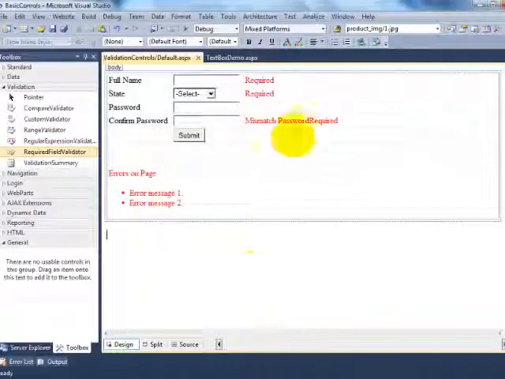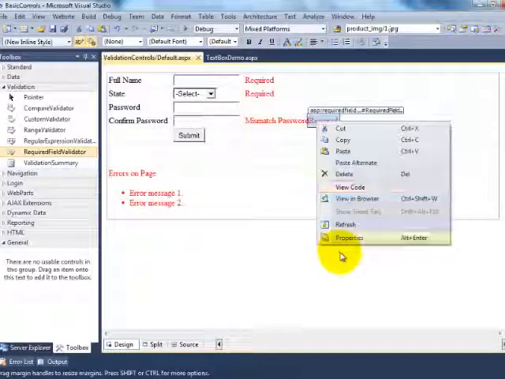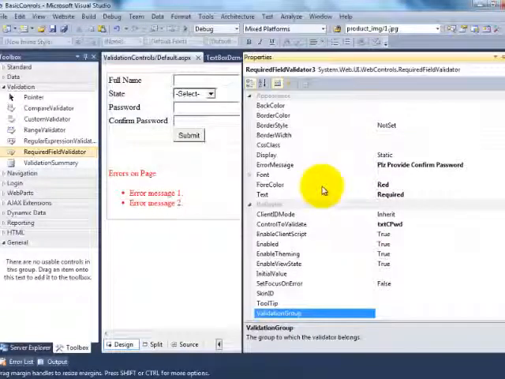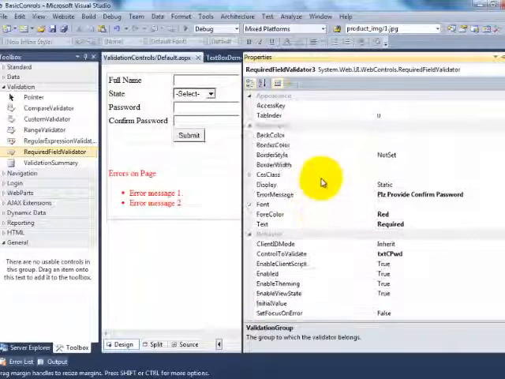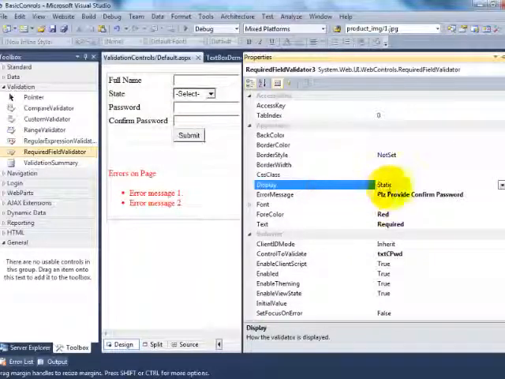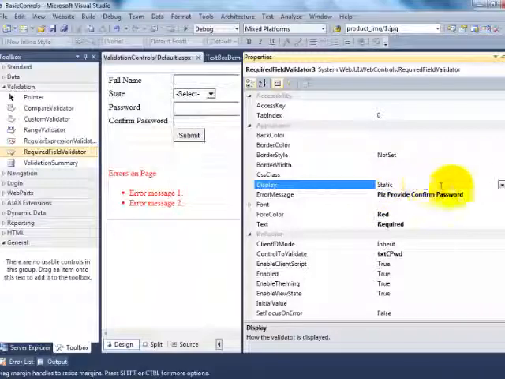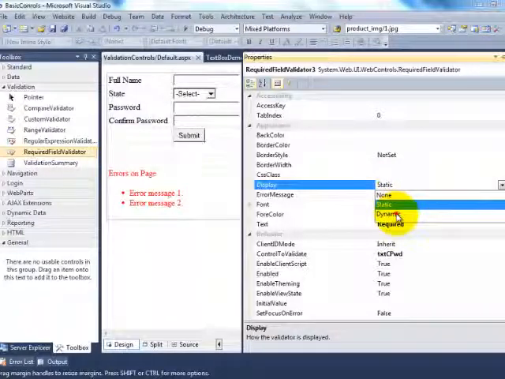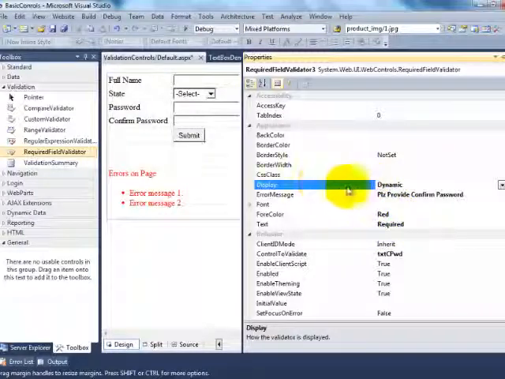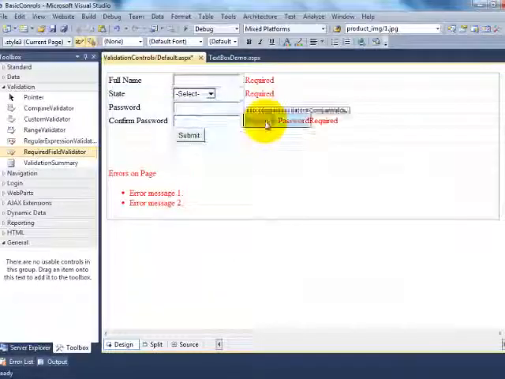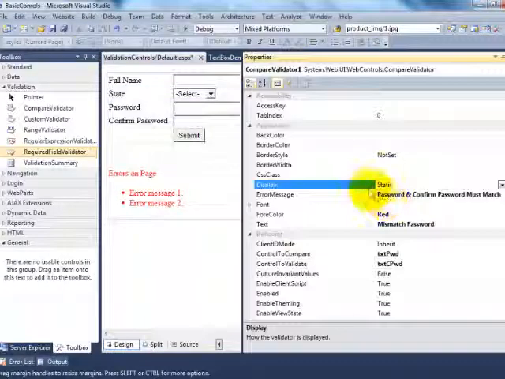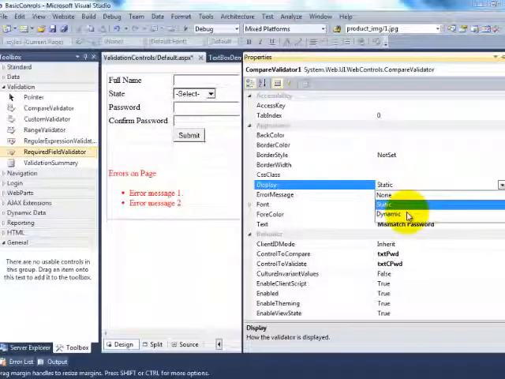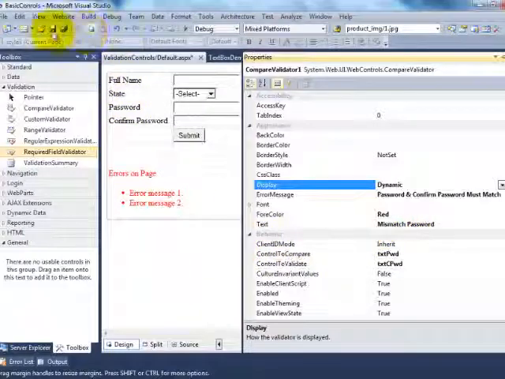So for that requirement, you need to set the display type. Right now the display is static. You need to say dynamic. Display dynamic for this also, otherwise it won't work. For this also display dynamic. Now save it and check.